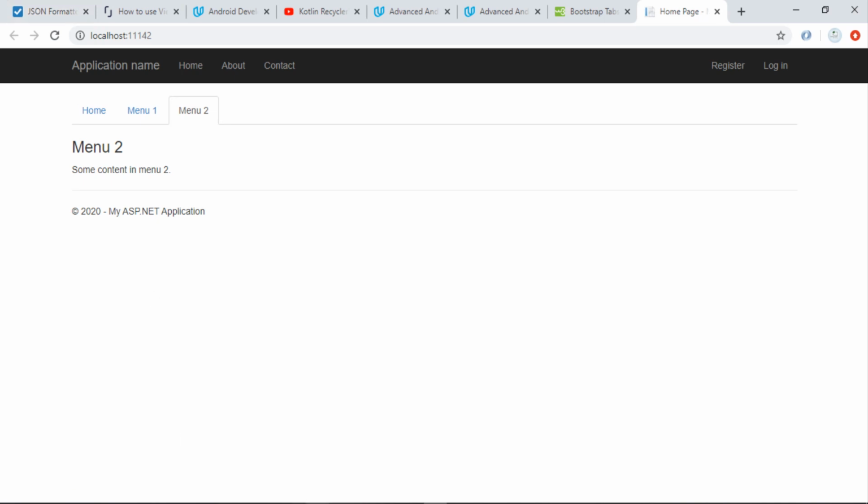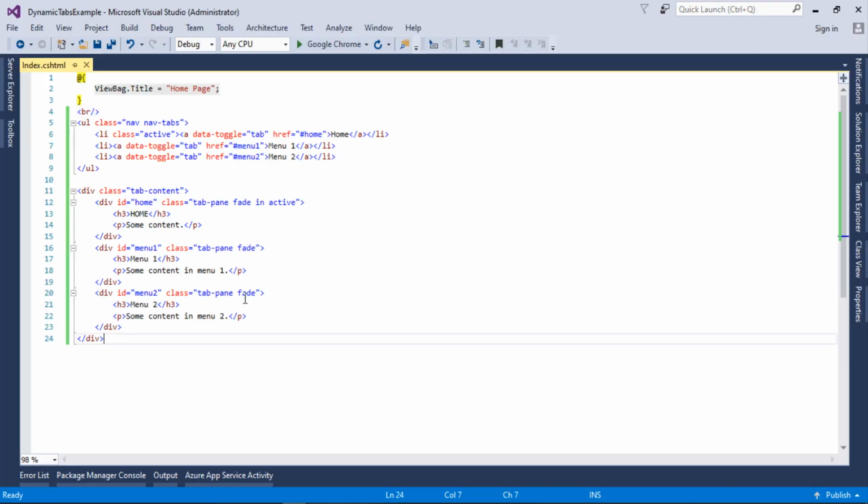Let's go back to Visual Studio, and here first of all, before moving to the dynamic tab display, we need to understand the concept. As you can see here, we have an href for home, and similarly we have menu 1, menu 2. So what we need to do is have the same ID as this href here, as you can see.